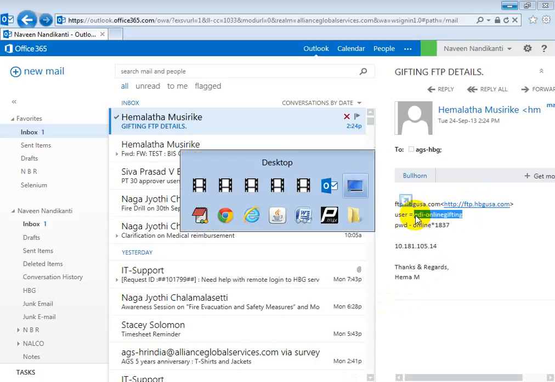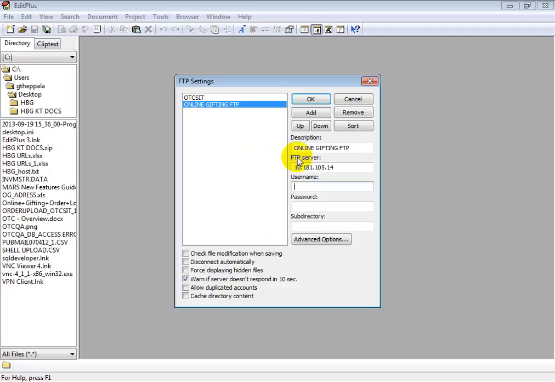Normally, the application user might not be aware of the ISBN number. He might be knowing the book name. In that case, how can they search? You'll have title search in the online gifting, right? Title search. In the title search, you can provide the ISBN or the title name.